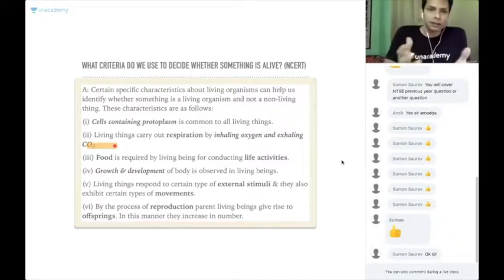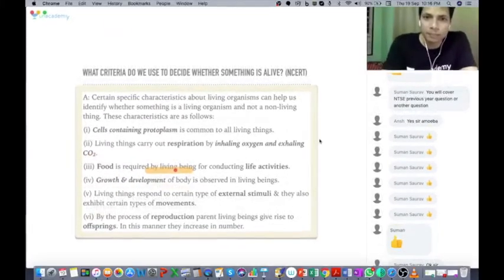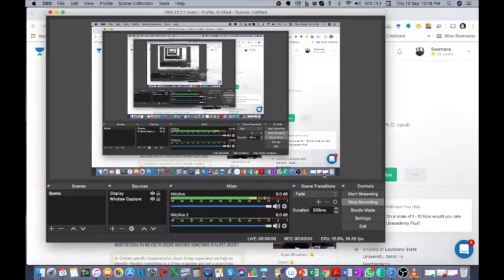So anyway, we talked about how living things carry out respiration by inhaling oxygen and exhaling carbon dioxide. Also, we see that food is required by living beings for conducting